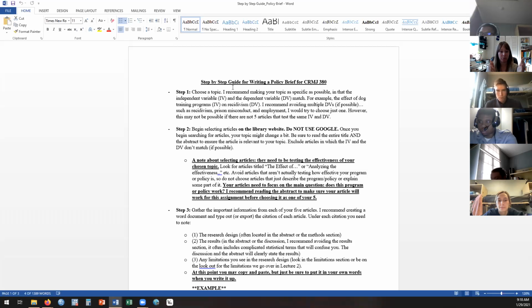They require different implications. So if you can find 5 articles that study the same dependent variable, that inherently makes it easier, because then you just have one implication, but it's really not a big deal. I can help you with this. But if you've got 4 articles that look at the effect of GED on recidivism and you're trying to find a 5th one, and you can find a 5th one that focuses on GED on recidivism, I would choose that one over another one, because you're inherently making it easier. You're reducing the number of implications because your topic is more narrow.